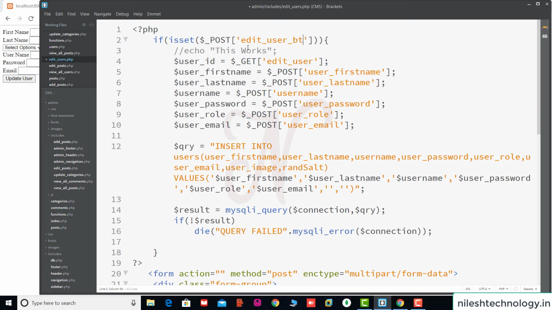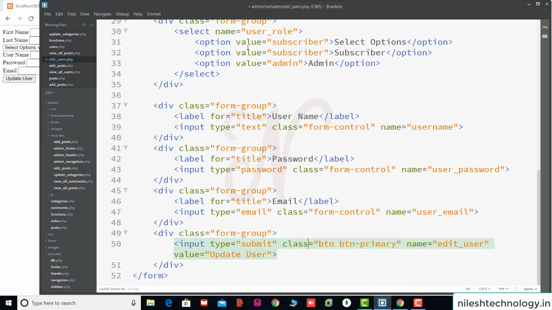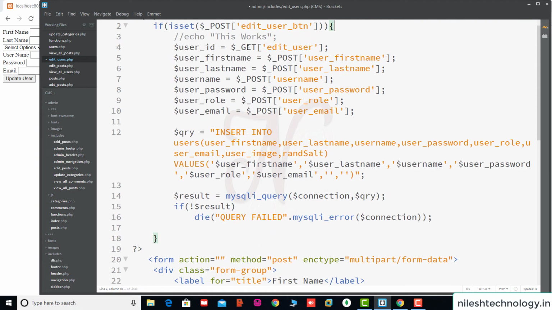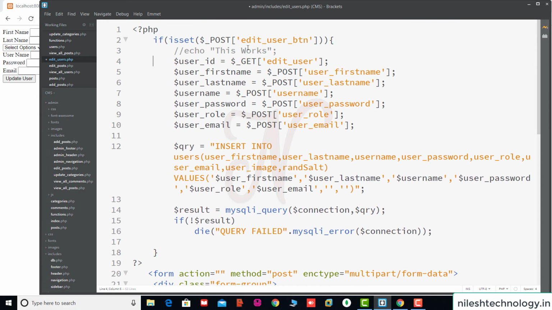This is your button, okay. So here we use the edit user button. If you click on this button, then you are going to this if, then here we get the user id, okay. Then we use the select query and get all this data and display it in this text field.